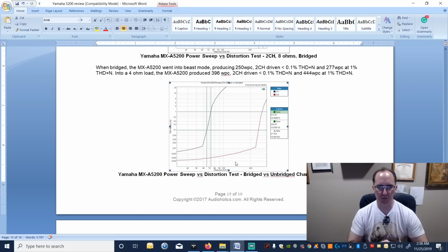Beef up the heat sinks a little bit more if you want, and let us be able to bridge any channel groupings we want. That would be awesome. Now, another thing I'd like to say about Yamaha that I'm really impressed with this amplifier is